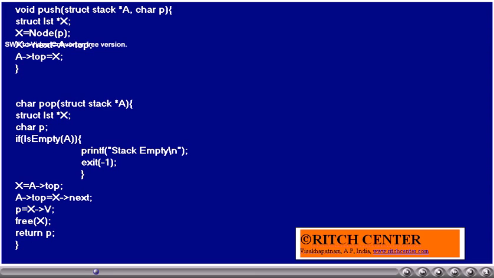Otherwise, we take an LST type of pointer variable x and assign the current top value to x, and then its next we take as the top now, so that we are adjusting the top to go one down. That is, it is going to point to the next node in the stack, the next character in the stack downwards. And then whatever value is available in the LST type of object which is pointed by x, that character is assigned to p, and then that node is freed, and then that character is returned from the function.